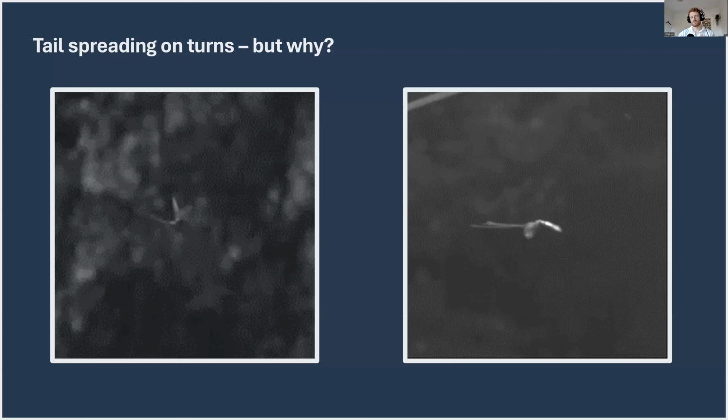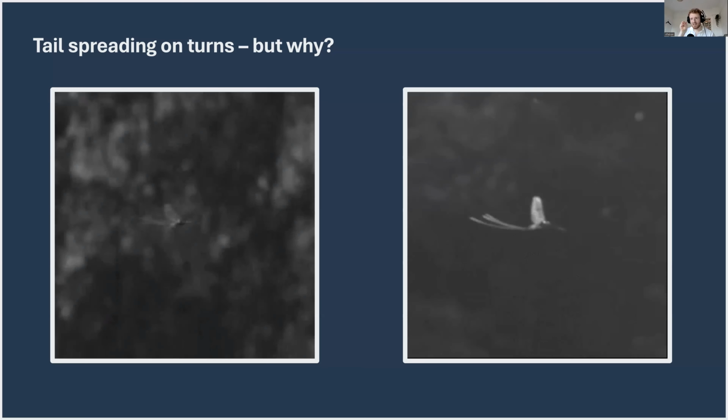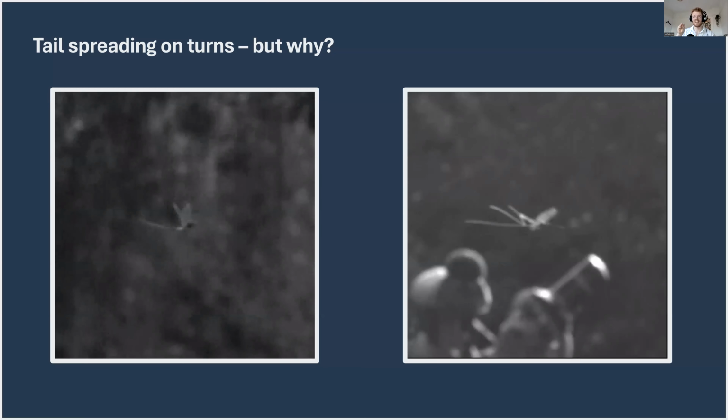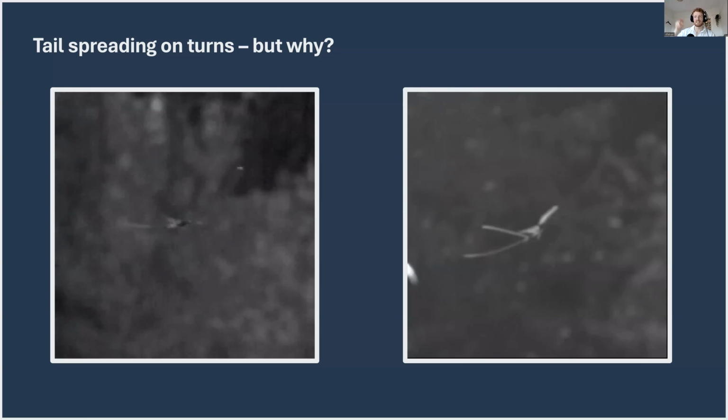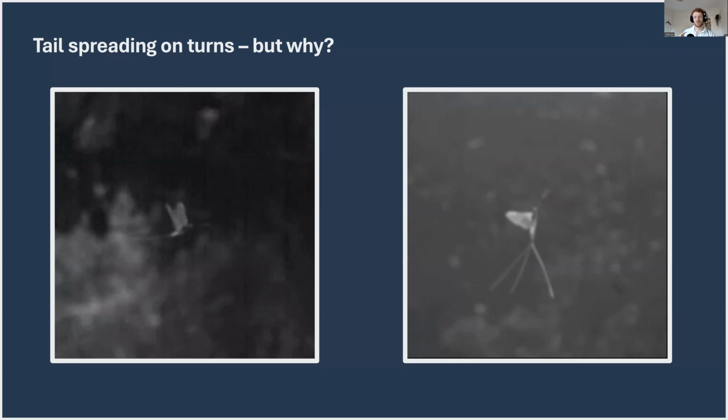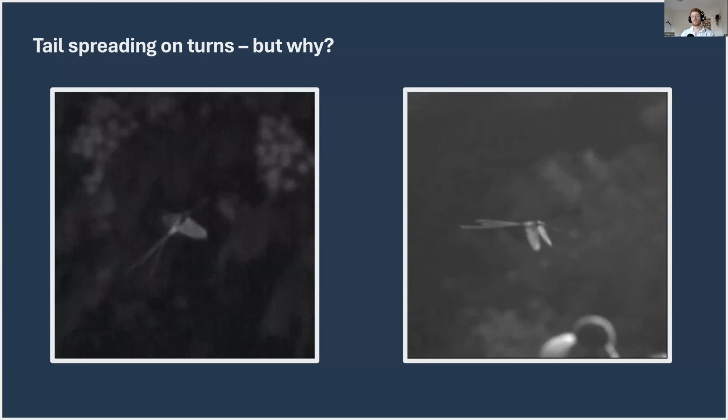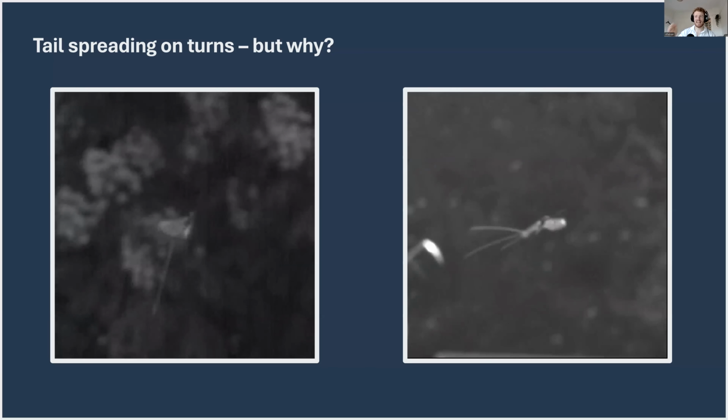But there's one final aspect, which is that mayflies, or at least most mayflies, have these long tails, generally 3, sometimes 2, that extend out behind their body. Now, this will act a bit like the rudder of a firework or something to kind of stabilize them on path. And so it could be a kind of flight control element. But another element that happens is that they keep them tightly together when they're flying in a straight line and then spread them out as they make these turns. And you can see here that causes them to slow down. Well, it's not very obvious here, but that's exactly what it's going to do. It acts like an air brake.